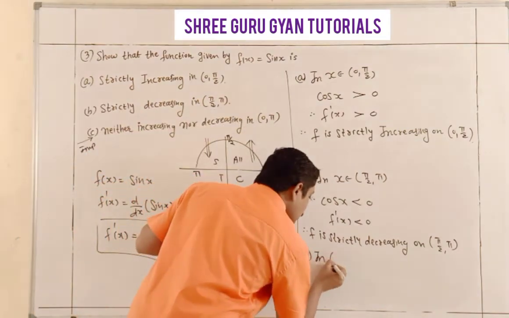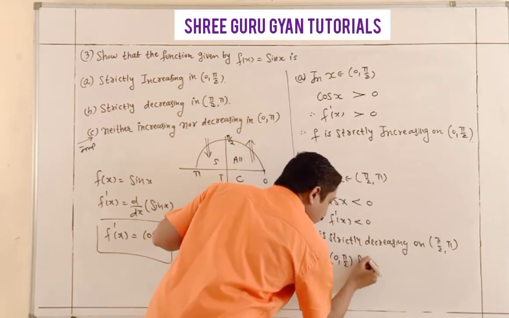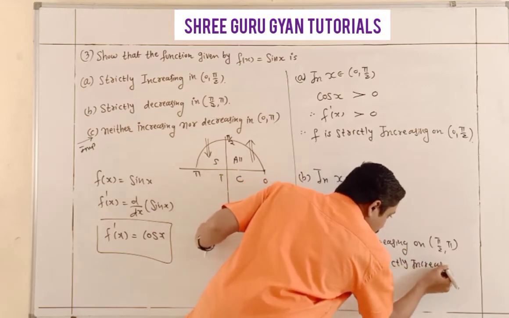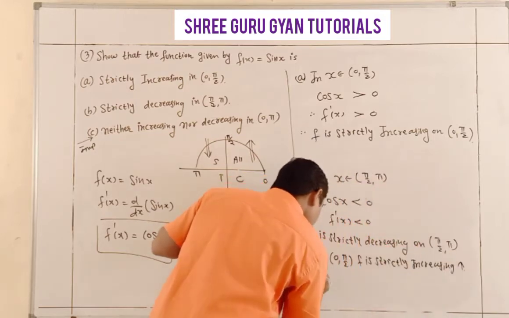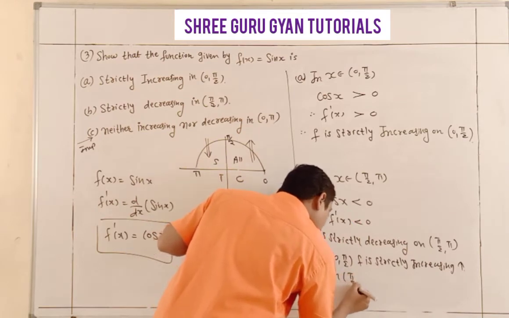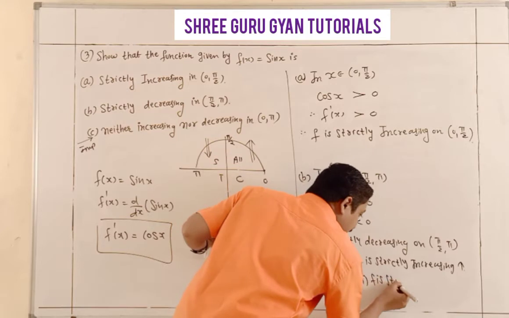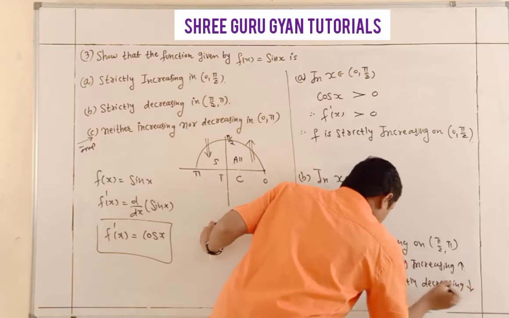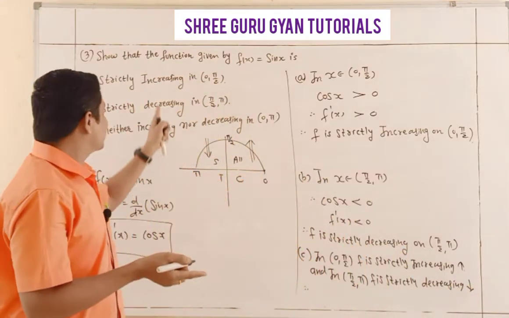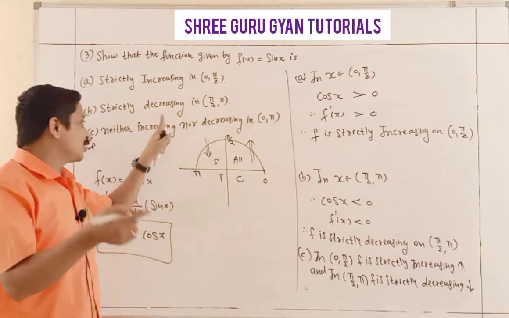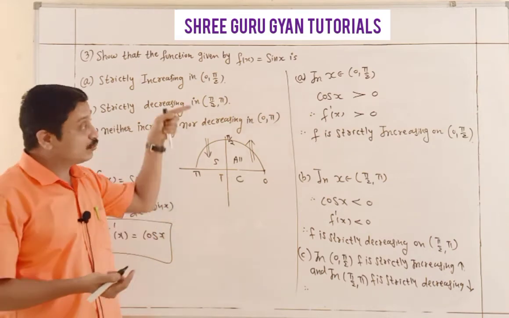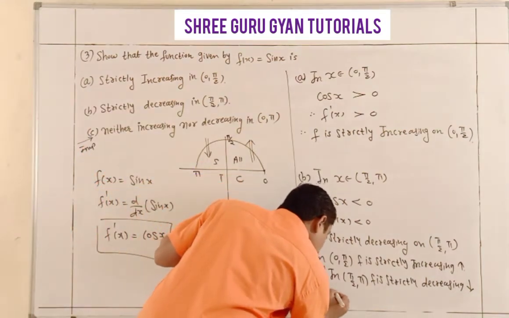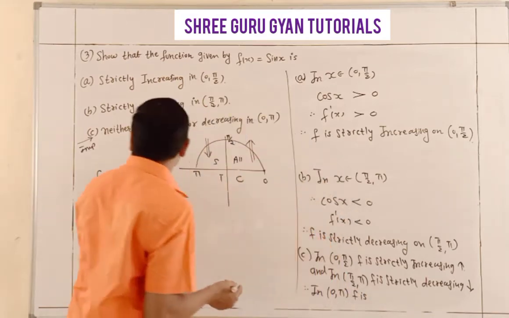In (0, π/2), f is strictly increasing, and in (π/2, π), f is strictly decreasing. That's why statement 1 and statement 2 give the answer of statement 3. But first you prove that, and at last write: therefore in (0, π), f is